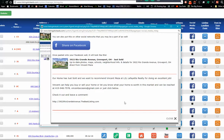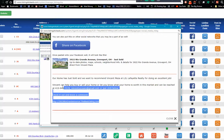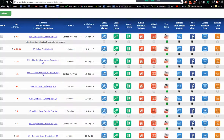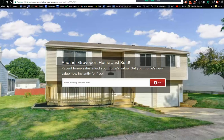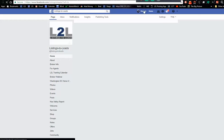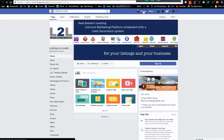And this is a just sold. So when you change the status to just sold in your properties, we send this to you automatically. You have to copy this and send it to your client and say, dear client, please put that up on your Facebook wall for me. Ideally, you started that process when it was just listed or possibly coming soon. And then, of course, when it was an open house, you're doing the same thing over and over. And the reason is that every time somebody puts this on Facebook, all of their friends and family see it,